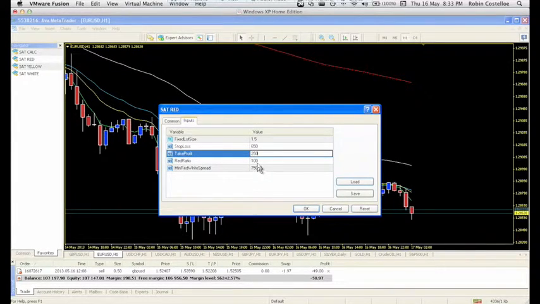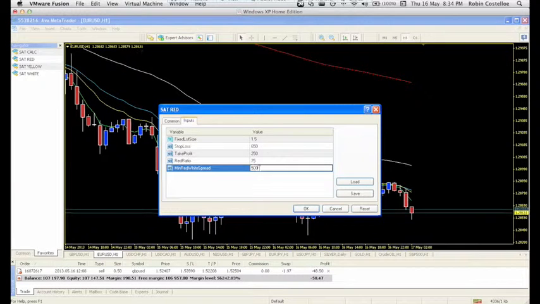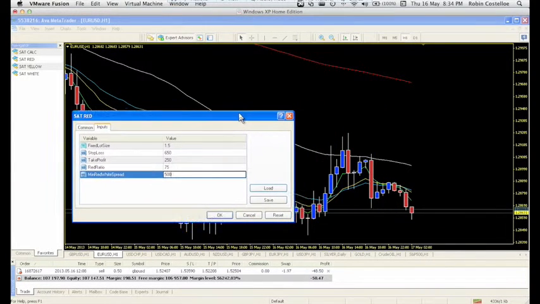Red ratio. Now I want this to trigger at 75% of the distance between the white line and the red line. And we want at least 500 points between the white line and the red line before it takes the trade. So what does it all mean? Okay, number one, it'll take a trade of this size when, and if I get my crosshairs tool,